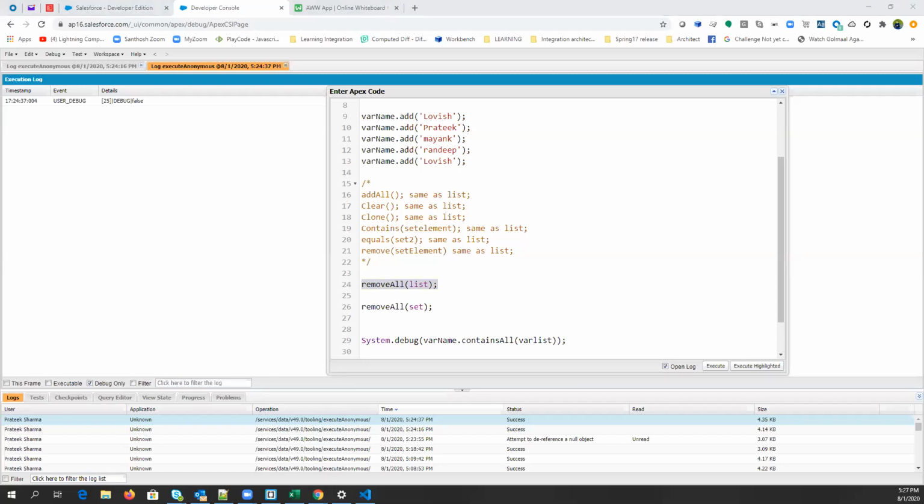So if you want to remove multiple values at once from a particular set, then you will use removeAll. Right?